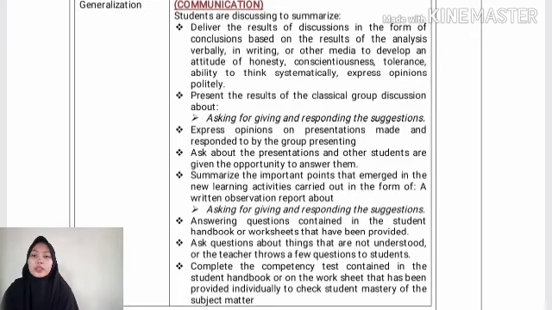Next, communication about generalizations. Students are discussing to summarize. The first is to deliver the results of discussion in the form of conclusions, and then present the results of the classical group discussions about asking for, giving, and responding to suggestions, and then express opinions on presentations made and responded to by the group presenting, and then ask about the presentations, and other students are given the opportunity to answer them, and then summarize the important points